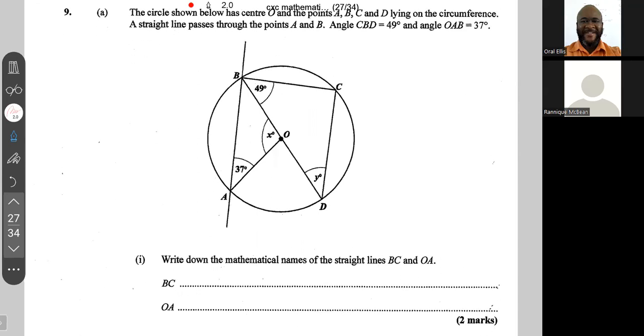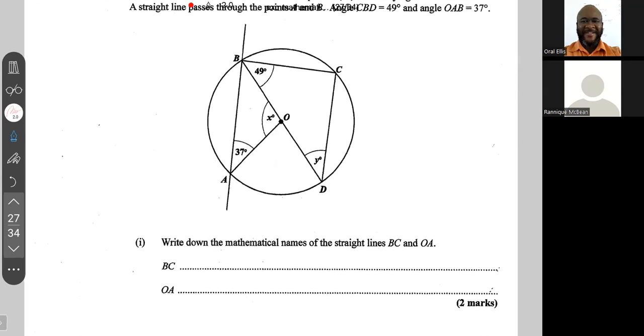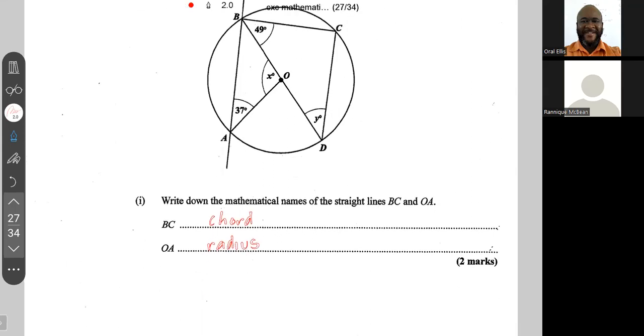It is asking us to write down the mathematical names of the straight lines BC and OA. Well, BC is a chord, and OA, a line drawn from the center of the circle to the circumference, is a radius. Next,